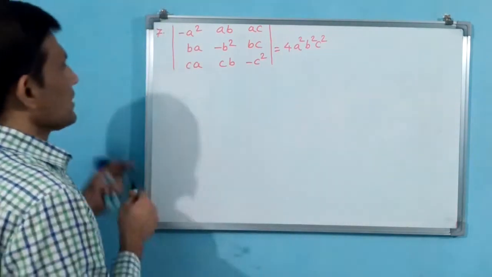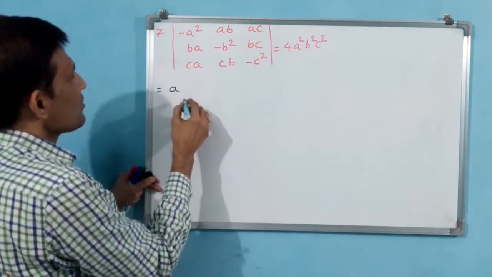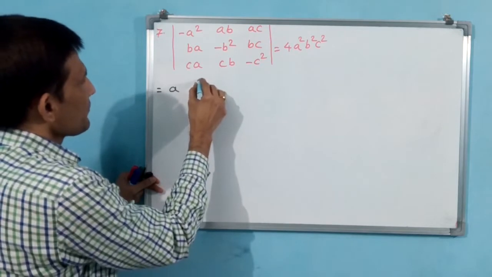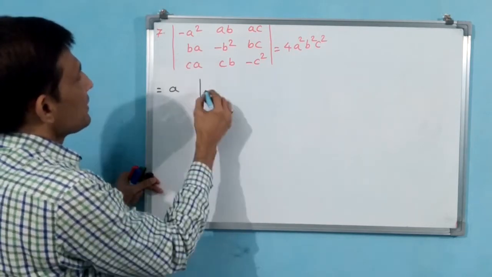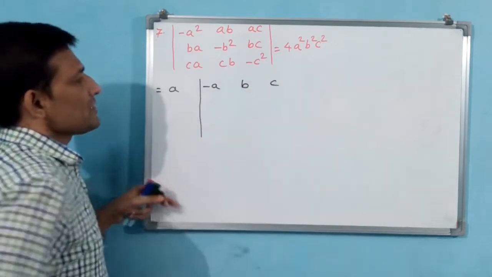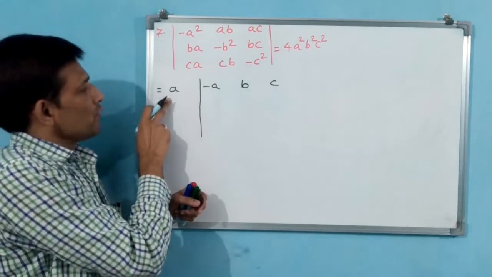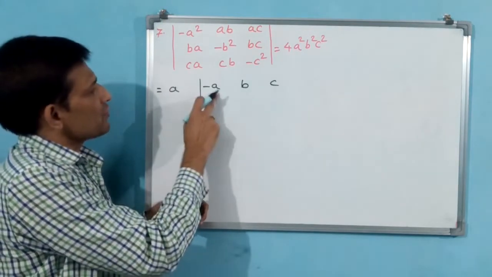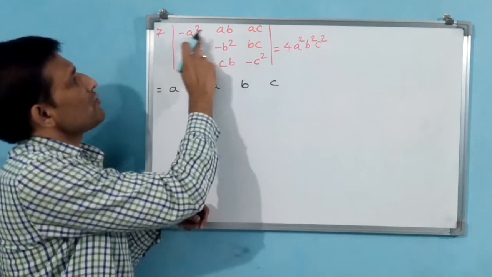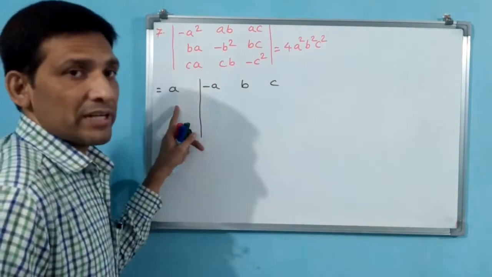The LHS is equal to, you write LHS. You see, A I have taken common. What will come? Minus A will come, B will come, C will come. Is it correct? First you see. From R1, A I have taken common. If you send this A again inside, you see A square, AB, AC. Minus is there. That will happen.